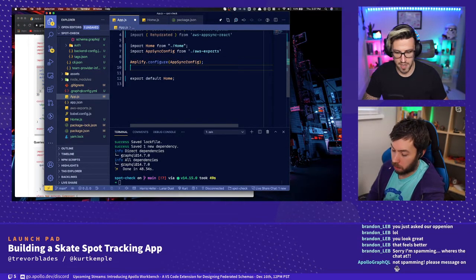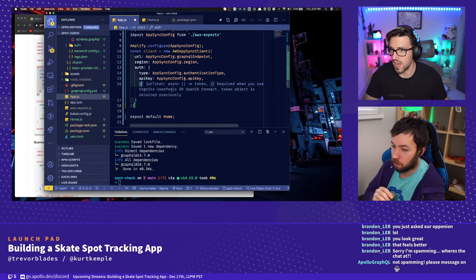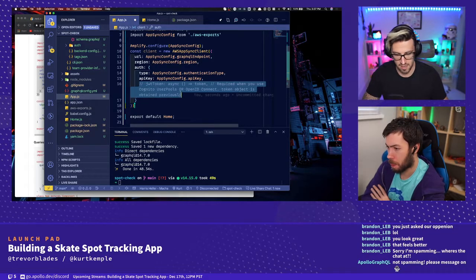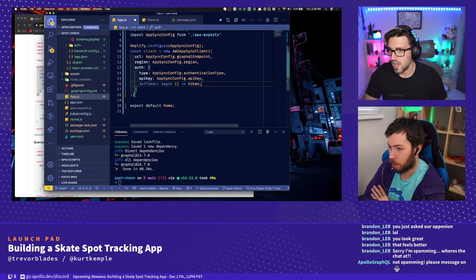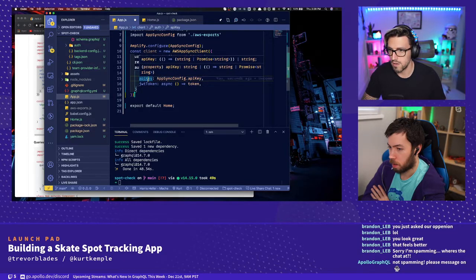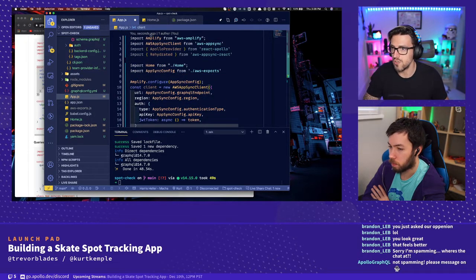And we're gonna make our client. So now we'll have Amplify configured and we'll have this client. However, we're not using an API key. We're gonna need this token because we're using Cognito user pools. I could not for the life of me remember. I'm just gonna leave that. I'll check and see if we have API key configured, but we can get the token. We can do that through